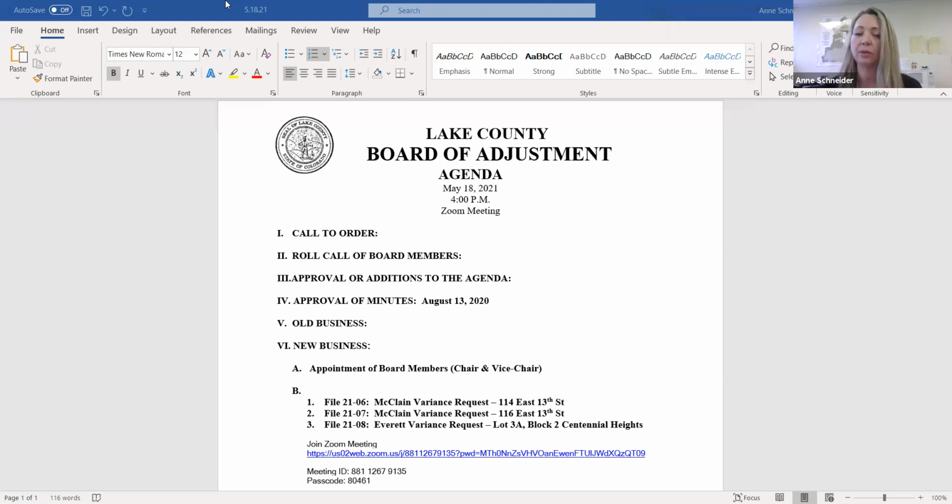All the files that we're going to talk about today have a common thread to them. We are looking at addressing each of these applications with platted lots that existed prior to zoning. Zoning was adopted in 1972. All of these parcels and lots were platted previous to that.